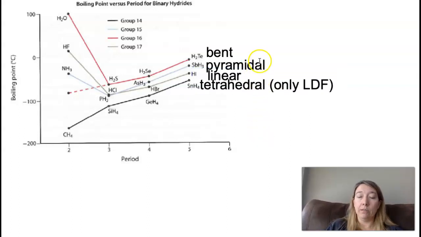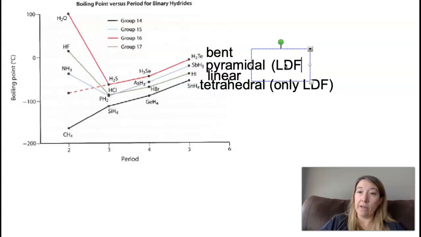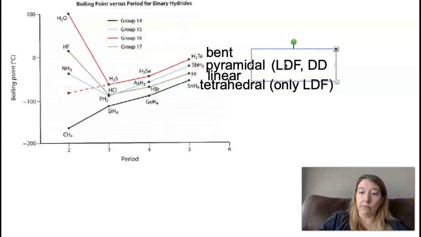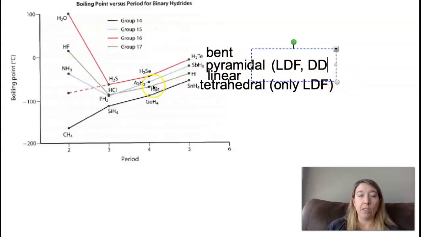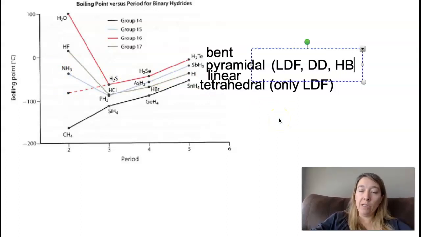If we look at the pyramidal, right, because those are kind of the next group, these are going to have LDF, because they always have LDF, but pyramidal has a lone pair on the central atom. So it's going to have LDF and a dipole-dipole. And we're actually going to find that one of them has a hydrogen bond, right? And that one with the hydrogen bond is ammonia, because N is one of our highly electronegative atoms. So we can say H bond in NH3,